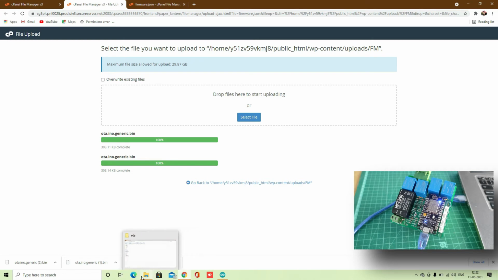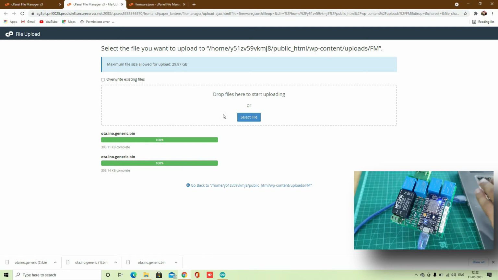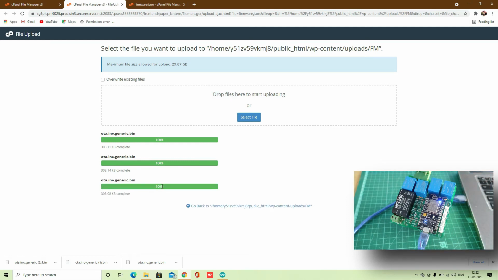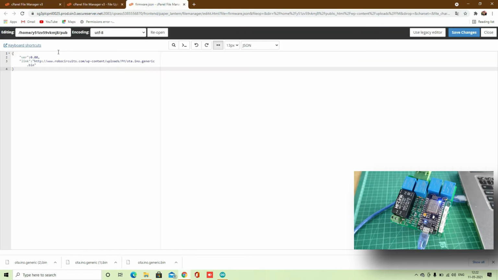What we will do is drag that file and drop it here. As you can see, now our file is uploaded. When you go to the file manager and reload it, you can see we have a new file, which is ota.ino.generic.bin.